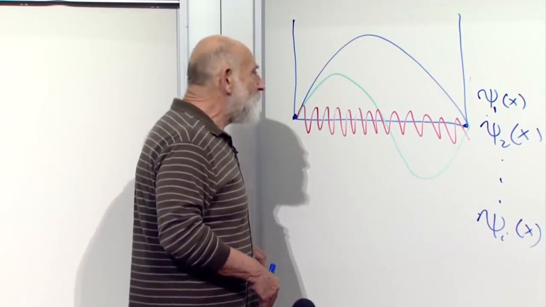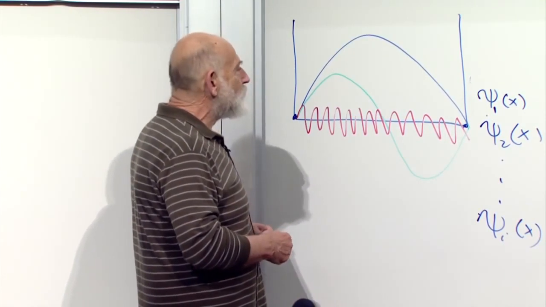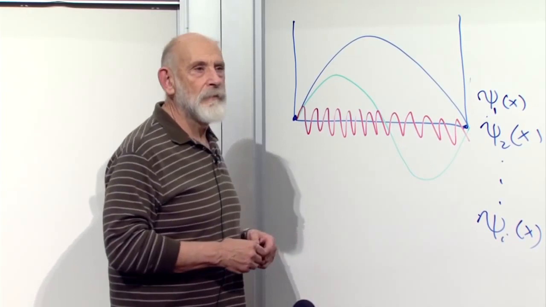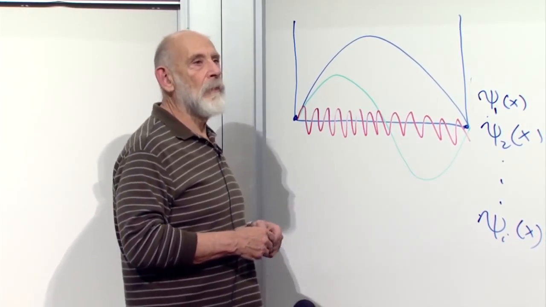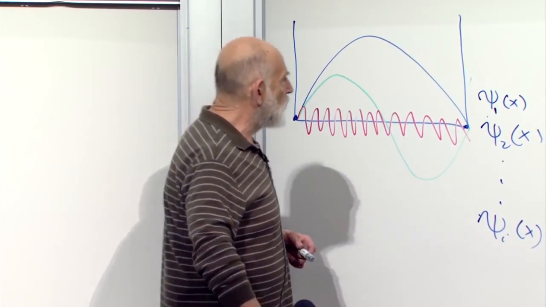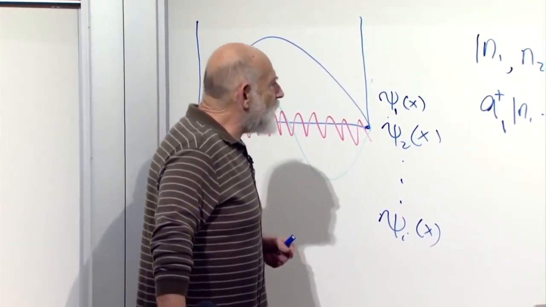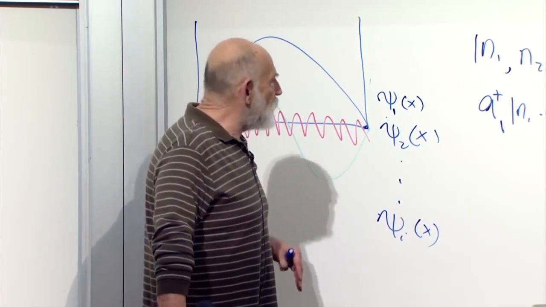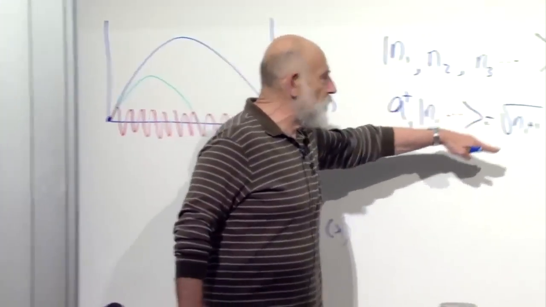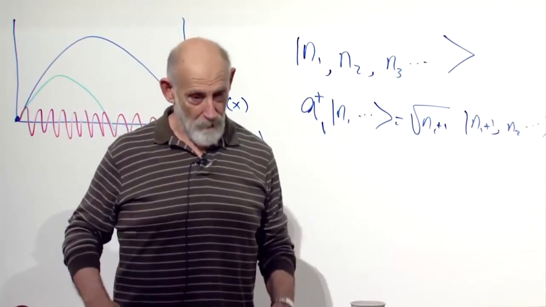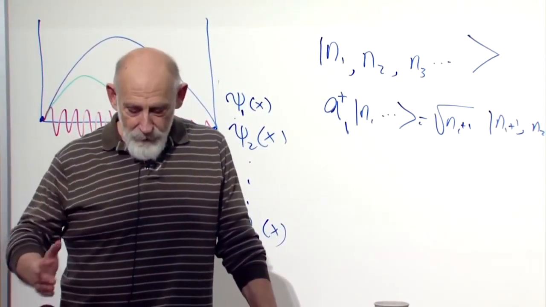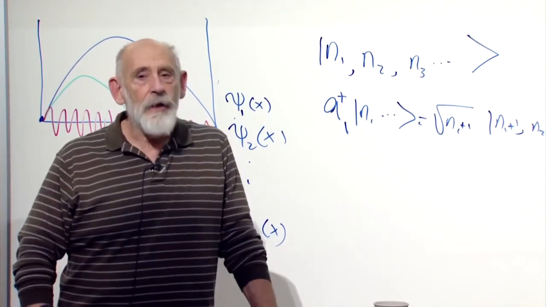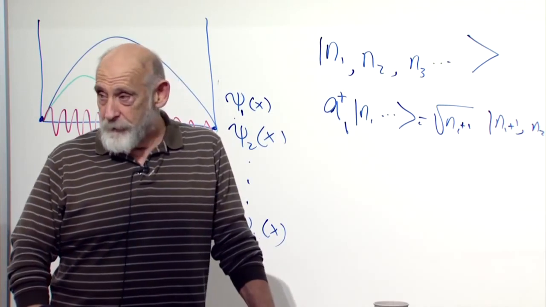Okay. Why doesn't the particle disappear? Why doesn't it become a different state? When you do A minus, why does it disappear? Why doesn't it become a different state? That's the definition of A minus. You can't ask why about a definition. I define A minus so that it decreases the number of particles. In mathematics, we make definitions, and then we find the consequences of them. So the question is, why is it a useful definition?